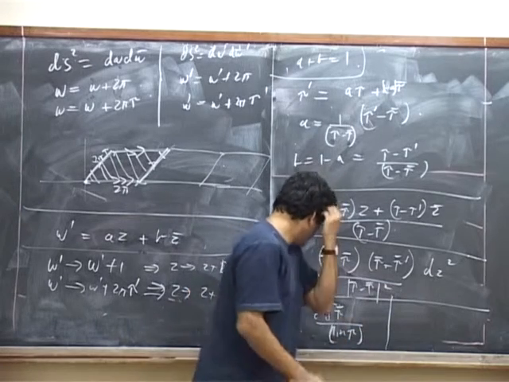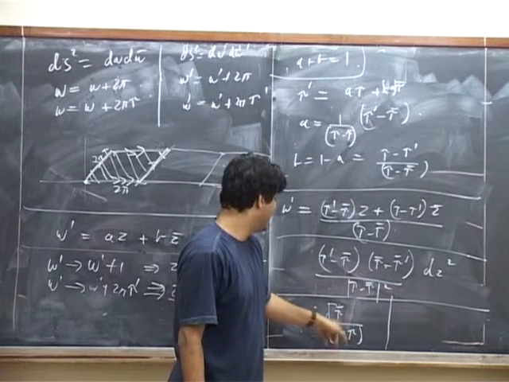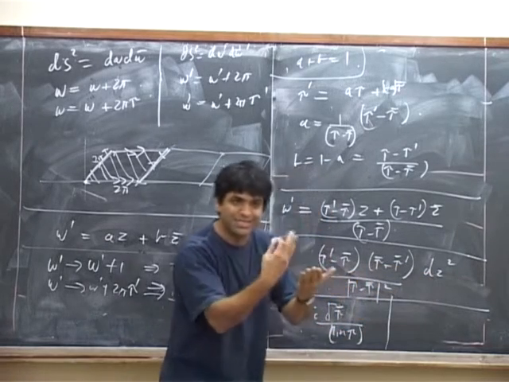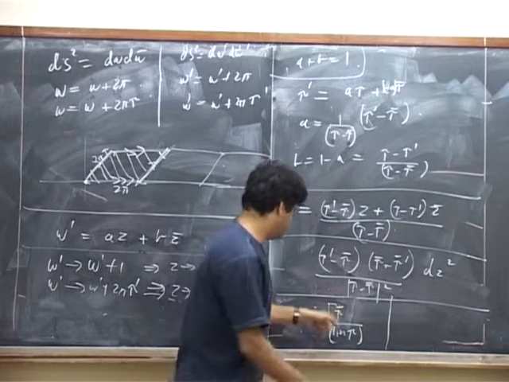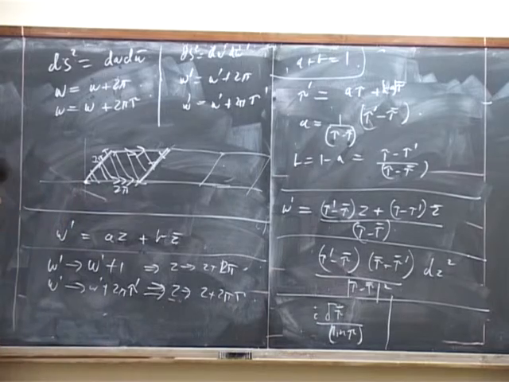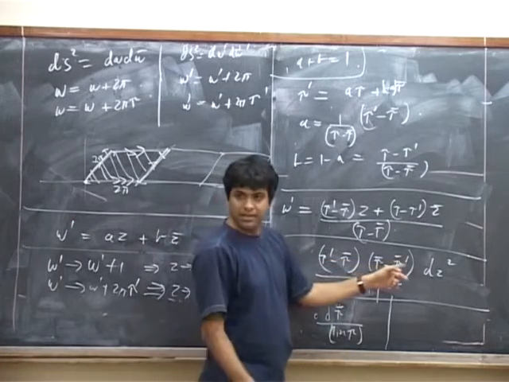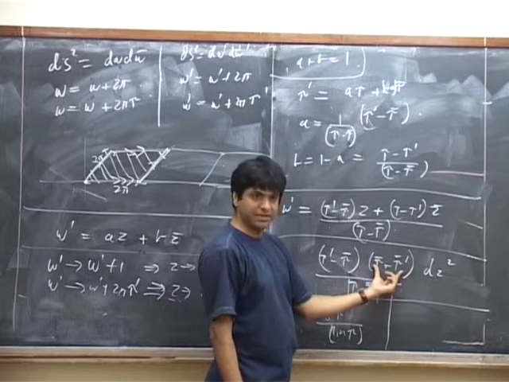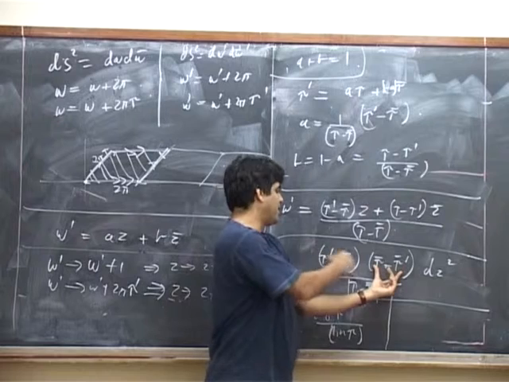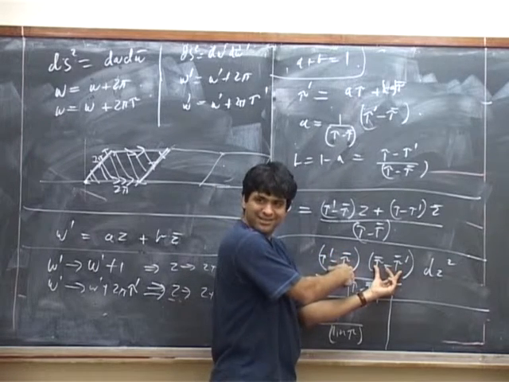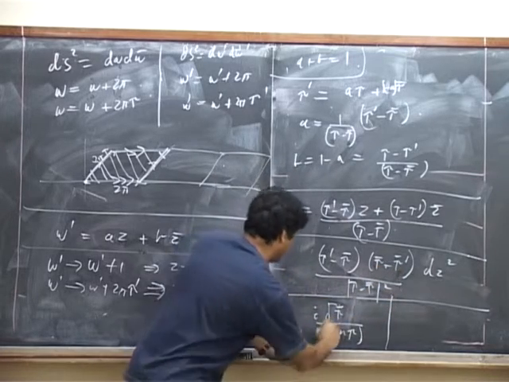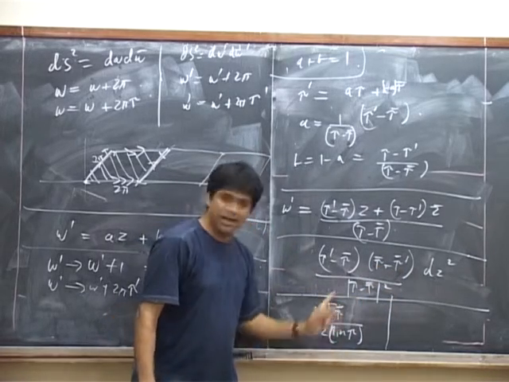So if you computed the change in the dz squared part of the metric, when you do this coordinate change, the change in the metric is delta tau bar times imaginary part of it, divided by imaginary part of tau. You see that, right? This is the place where you get the first order variation. Then everywhere else I said tau prime equals tau. So tau minus tau bar is twice I times imaginary part.